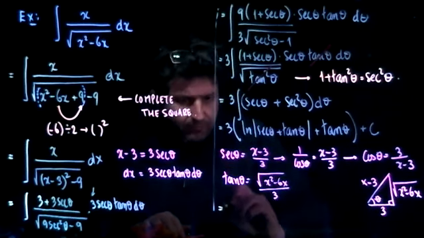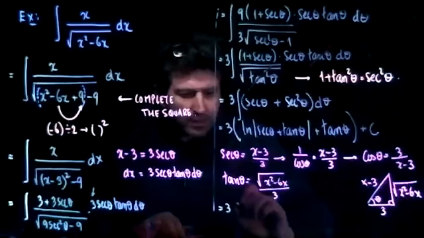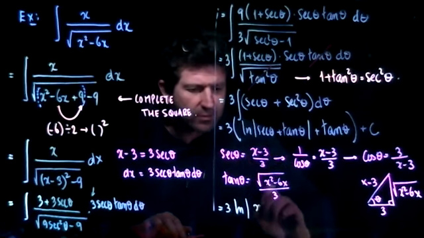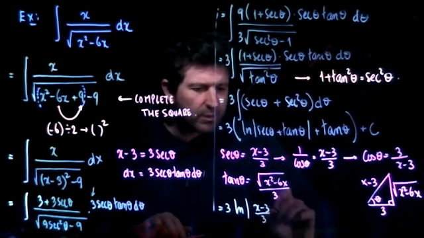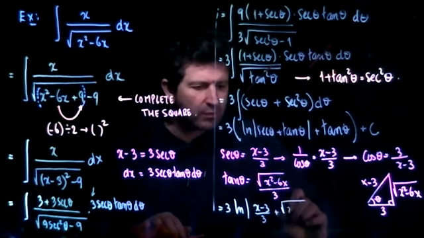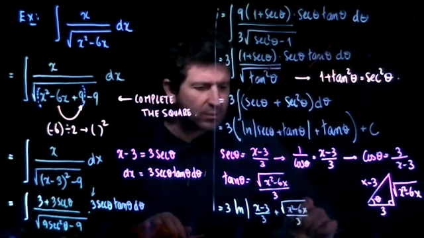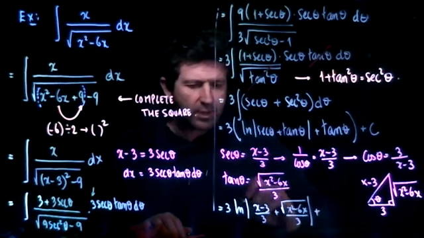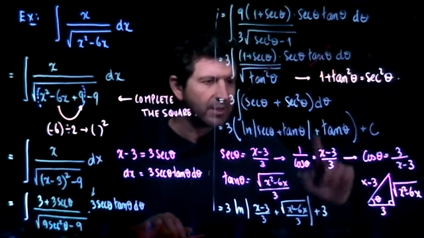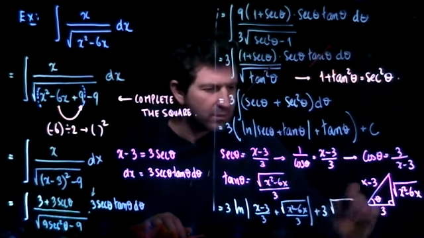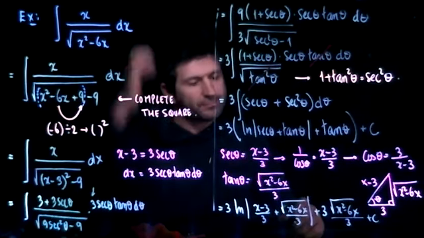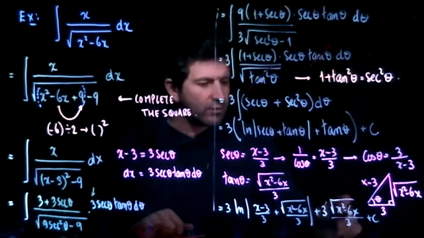So it equals 3 times ln of absolute value of secant, which is x minus 3 over 3, plus tangent, which is square root of x squared minus 6x over 3, plus 3 times tangent, which I distributed, the square root of x squared minus 6x over 3. And that's it. I'm done. I can cross out the 3's and